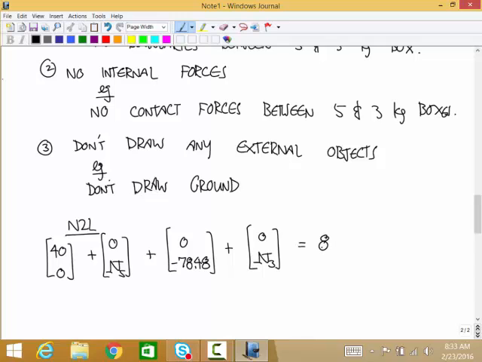And now to figure out the acceleration, remember acceleration is just kinematics. Do we know anything about the motion of this object? No. Well, we do know that its motion is all going to be along the surface, right? So we know there's not going to be any change in position or change in velocity in the vertical direction. Okay, so I'm going to put a variable in to represent the horizontal acceleration, but not one for the vertical. We know that's going to be 0, because all the motion is horizontal.